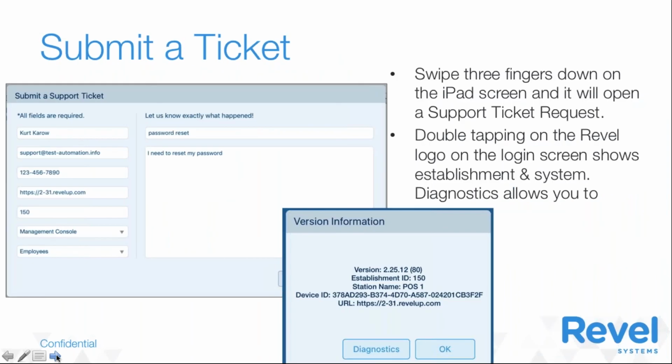Aside from troubleshoot mode, we have other tools on the POS that will help you with support. A fun tool that you may not know about is the ability to submit a ticket directly from the POS, and you actually have 2 options. First, you can swipe 3 fingers down anywhere on the iPad screen, and it doesn't matter specifically what POS screen you're on either. Another option is to double tap on the logo at the login screen,